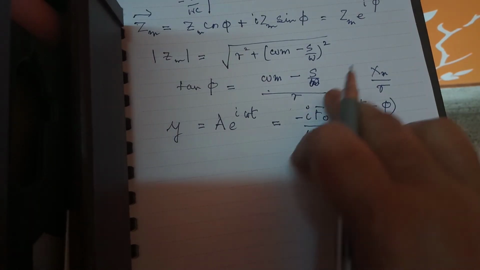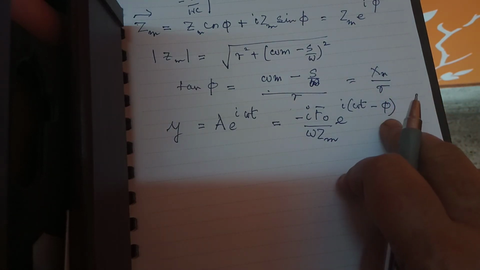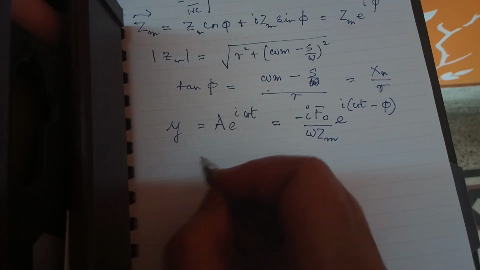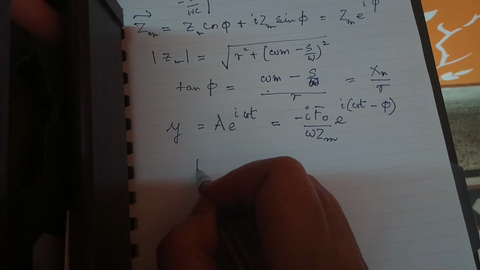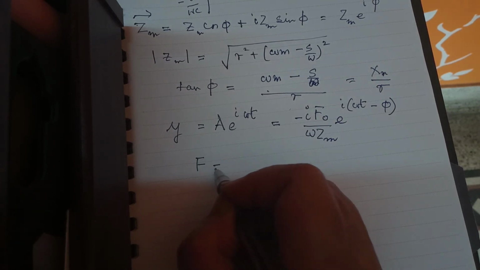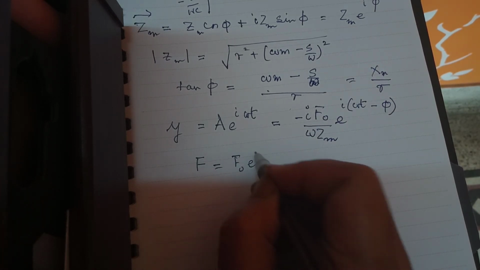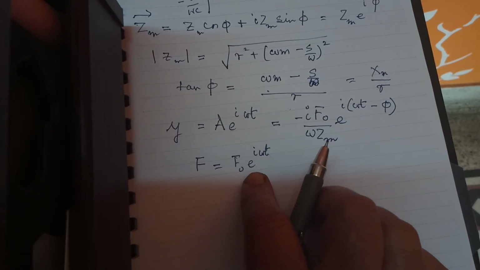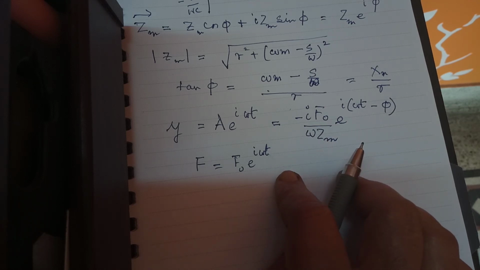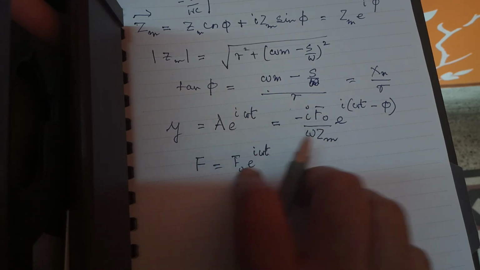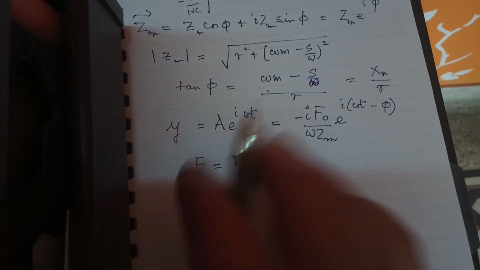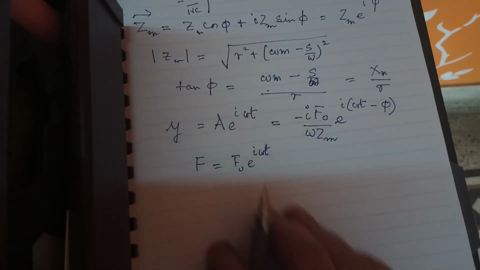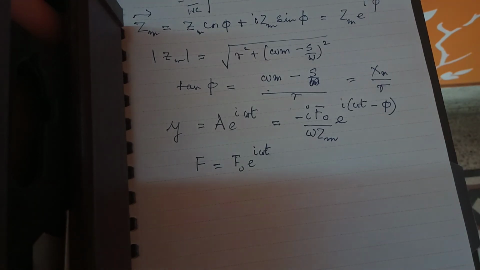You can break this portion up as, consider your externally applied periodic force F, which you have taken as F naught e to the power I omega t. You can take two components of this. This is F naught cos omega t plus I F naught sin omega t. Therefore, you will just use one component of this force to solve the latter part of the equation.